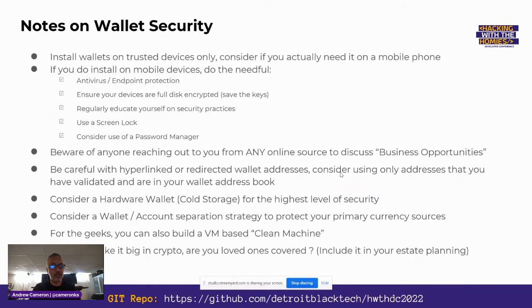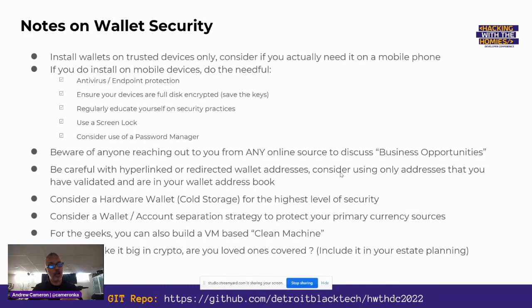All right, some other aspects of wallet security that I want to cover. When you install your wallets on multiple devices, you're increasing your risk, right? And so whether you actually need it on a mobile phone, there's probably folks who have a lot of reasons on why they want to install it on their mobile phone, and I don't want to totally rule that out. But just understand that the more, mobile phones get lost, mobile phones get accessed when the screen's not locked, and that's just something you want to be careful about, right? So if you only do it on the desktop browser, that's some risk that you don't have to deal with,